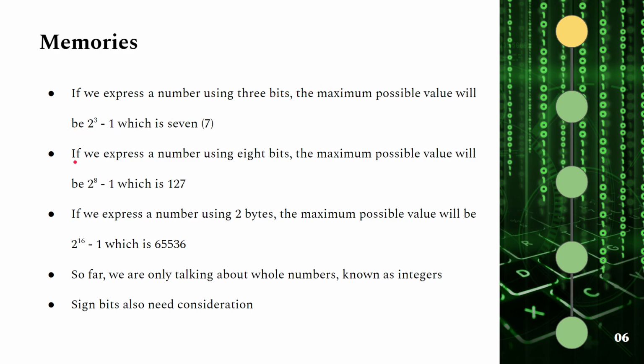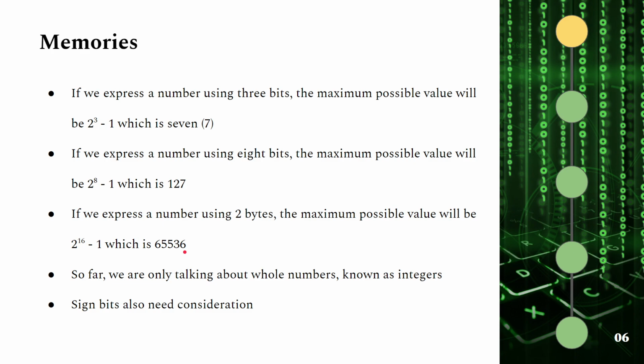Okay, now we have seen what happens if we use 3 bits. What will happen if we use 8 bits? We will get 2 to the power 8 minus 1. I'm not showing the table because it would be very huge. That's why I only showed the 3-bit table. Now if we express a number using 2 bytes, what are 2 bytes? Each byte means 8 bits, so 2 bytes means 16 bits, so it will be 2 to the power 16 minus 1,